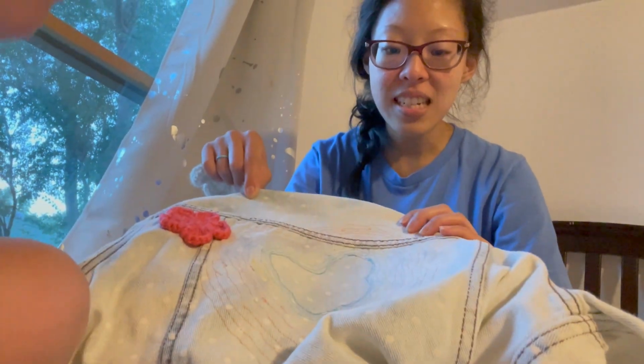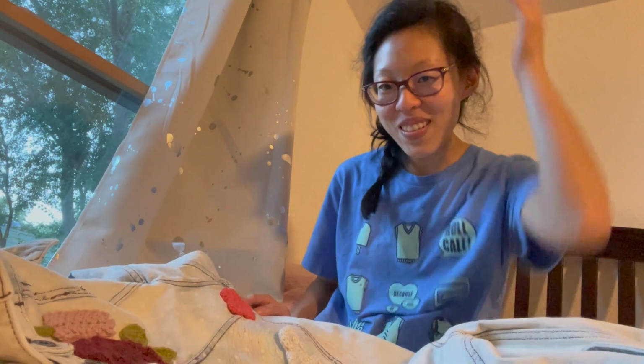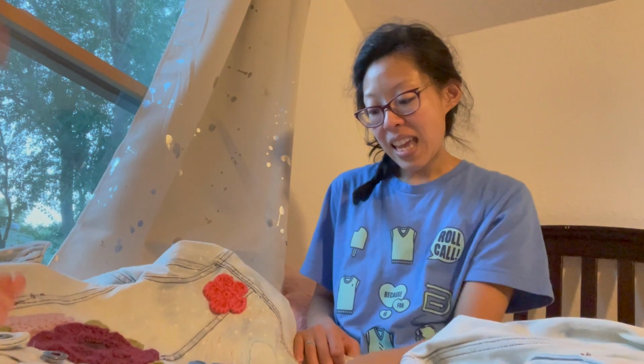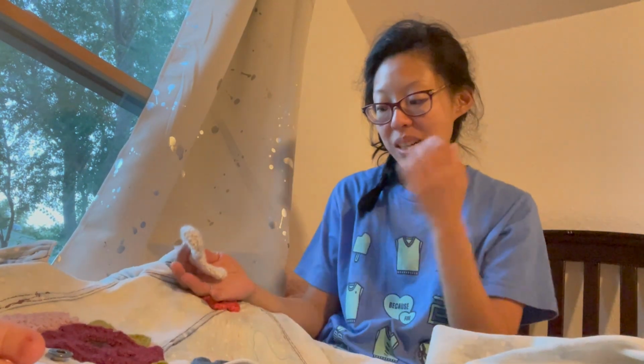Finished the colorful stitching. The thread colors that I chose did not give me the contrast I thought it would, and it looks so bad. I'm still sort of trying to decide if I like it or not. I was thinking maybe I would go back and stitch these thread colors by hand, because I just know if I did it by hand, it would look a lot better, but